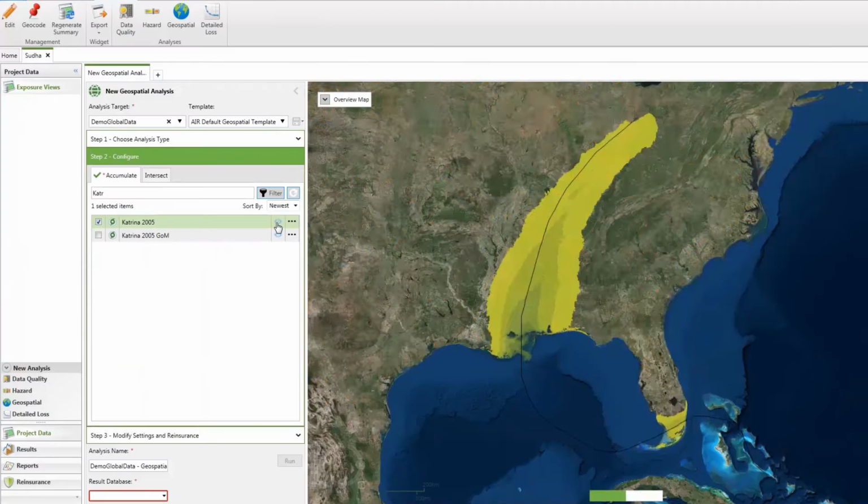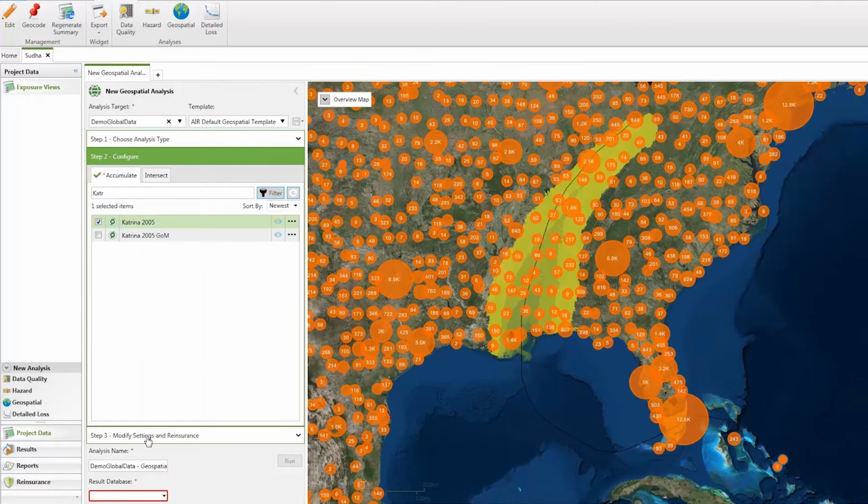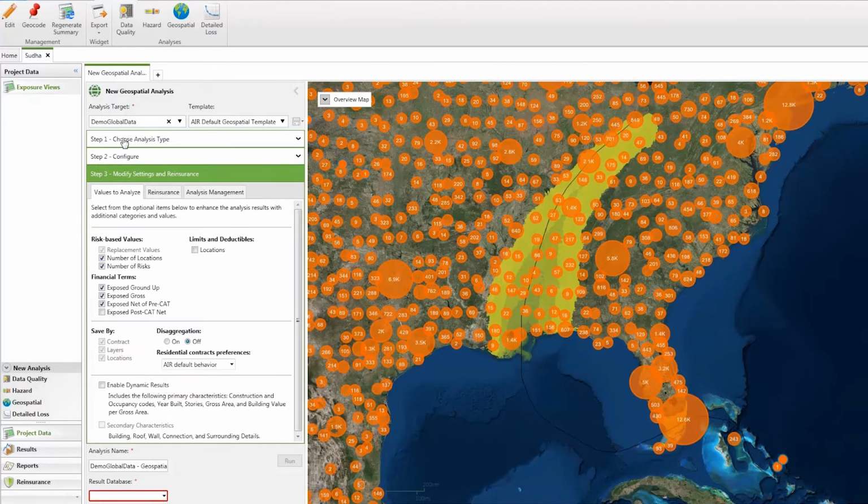So in past versions of Touchstone, our geospatial module did a lot of great things, but it had a bit of a steep learning curve. Plus, the mapping was separate from the configuration screen. We've improved this by integrating the map right into the analysis setup to allow visualization, both while configuring an analysis